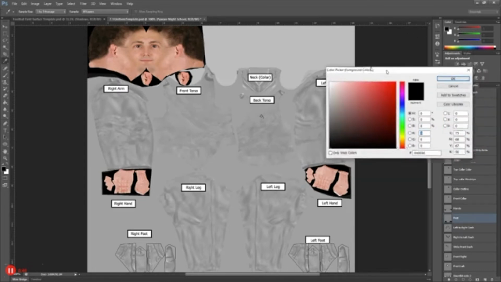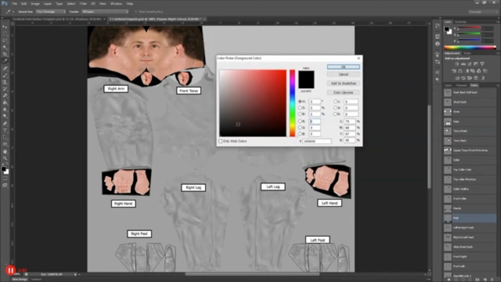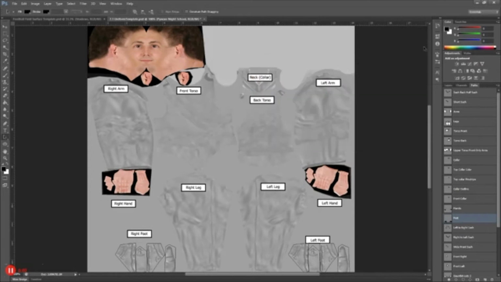Let's see, grab my color picker. And black shoes, make sure I have black selected. And we have different options down here at the bottom to do with this path. This option here will fill the entire path. This option will stroke the path, and this option will select the path. So for what I'm wanting to do right now, I'm going to just fill that